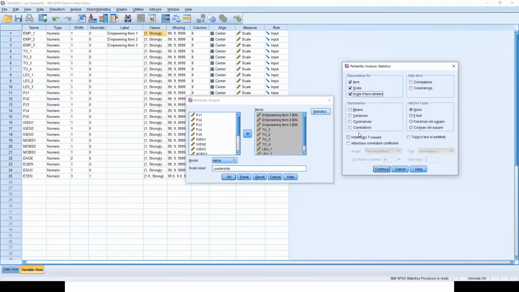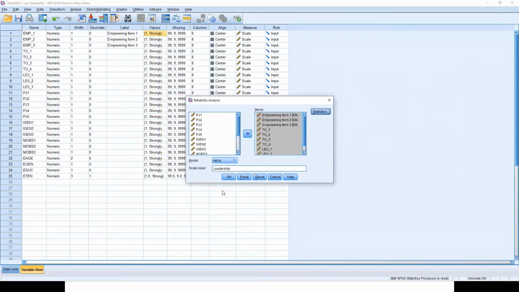Okay, the rest are not needed. And scale if item deleted. Continue, and just click OK. If you click on OK, it will run.